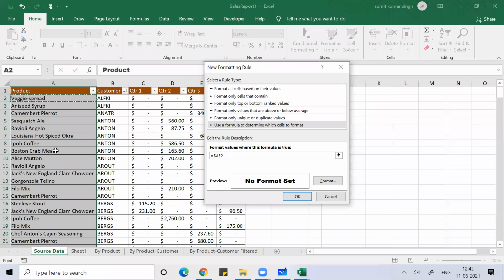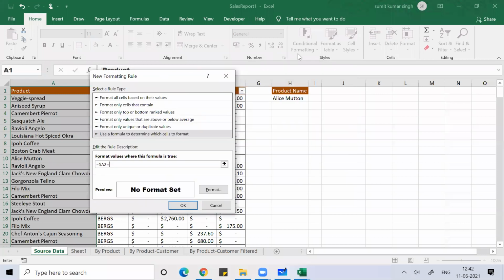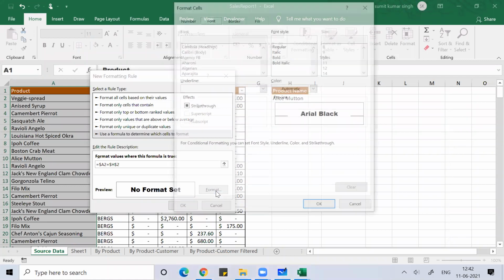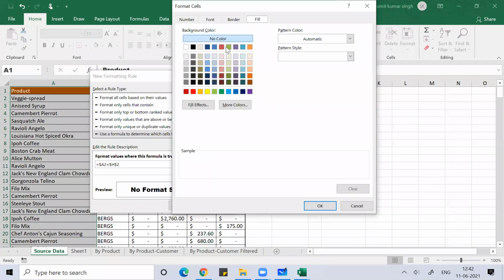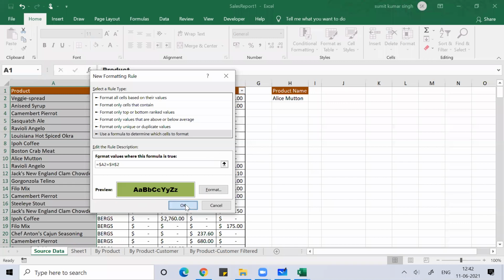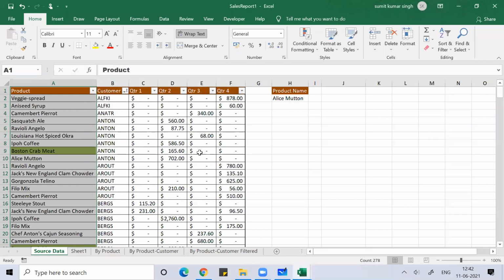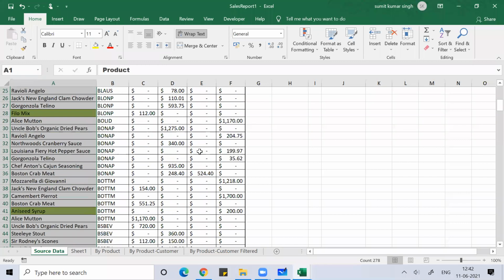If this is equal to, remove the dollar sign, is equal to Alice Mutton, then what you do? Then you format this. You can put how to format. Show me with green color. So wherever there's Alice Mutton, show me with green color. That way it will do the work.